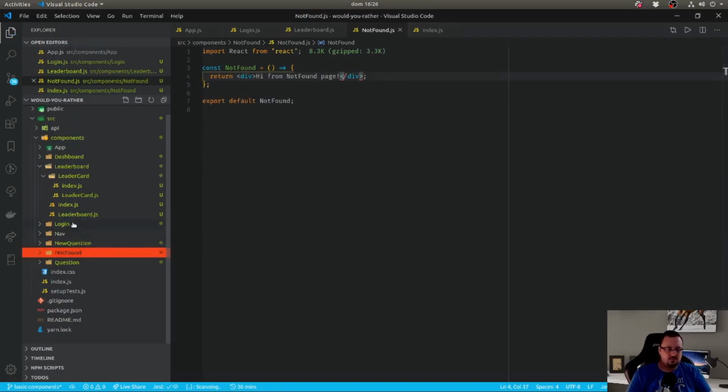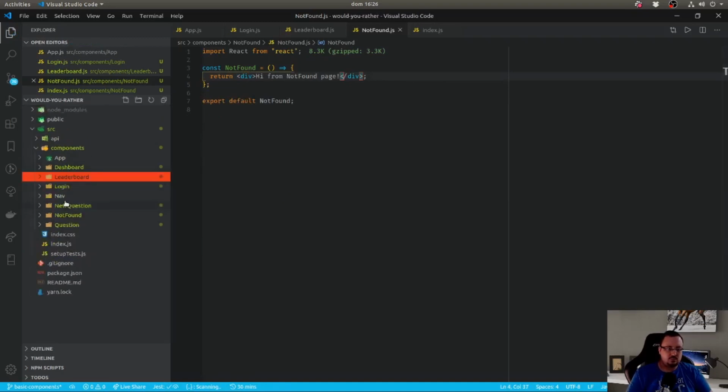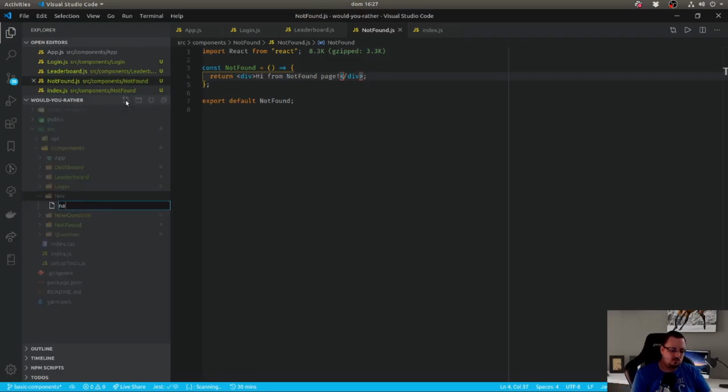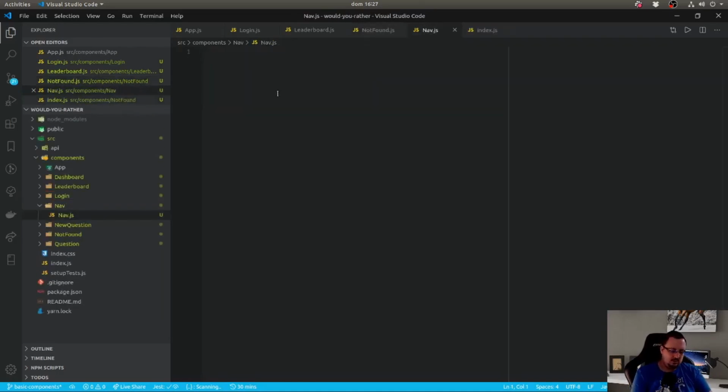Okay, we have not found dashboard. We just have missing the dashboard. I'm just going to make it easy here. I'm just not going to go into desktop and mobile stuff. I'm just going to do nav.js file, and